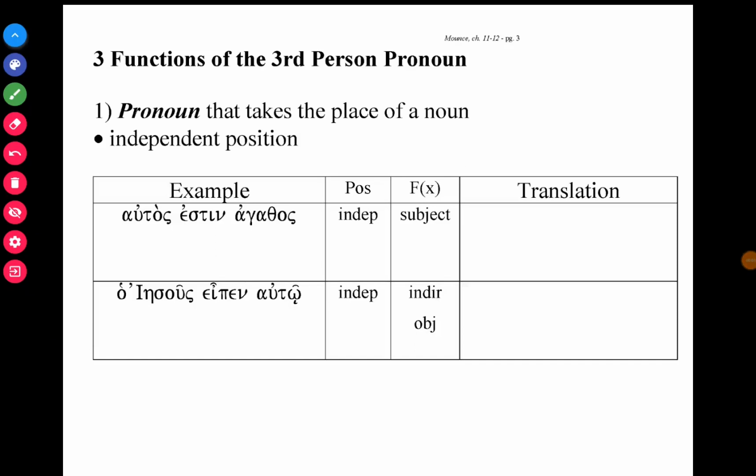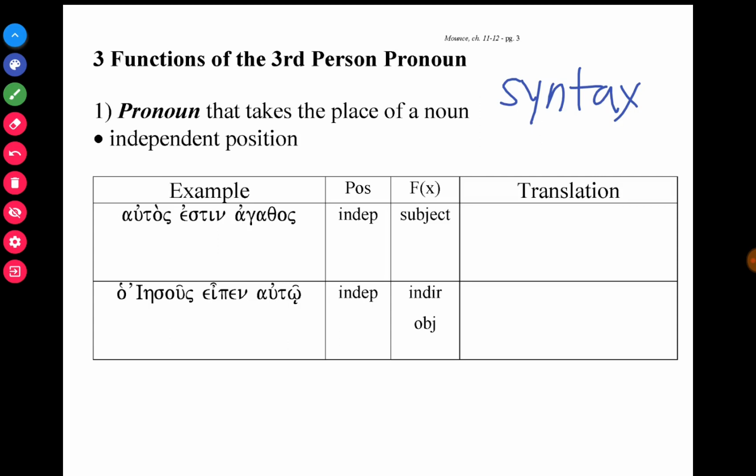Now that you learned the forms for the pronouns, we now have to learn the syntax, especially the syntax for the third person pronoun, which, like the adjectives, is translated certain ways depending on whether it's in what we call the independent position, the attributed position, or the predicate position. So you've been introduced to syntax before with the adjectives, and now you're going to learn a different